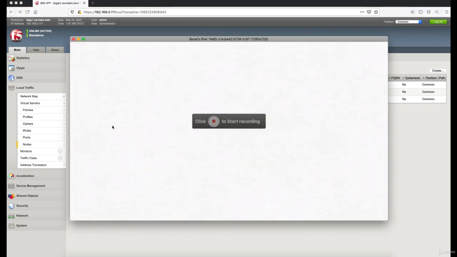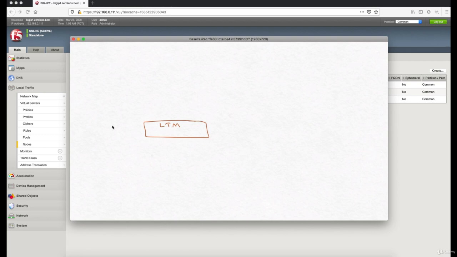the whiteboard, we have the LTM, and then we have node 1, node 2, node 3. What we are trying to do now is to have a pool as a container for the 3 nodes,